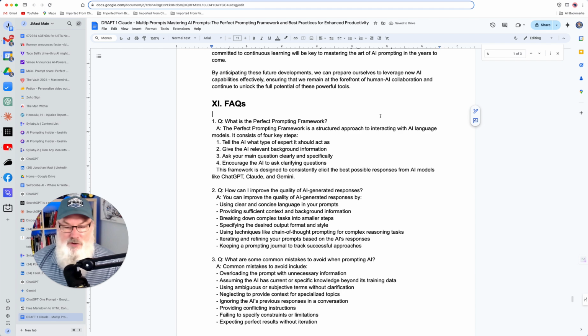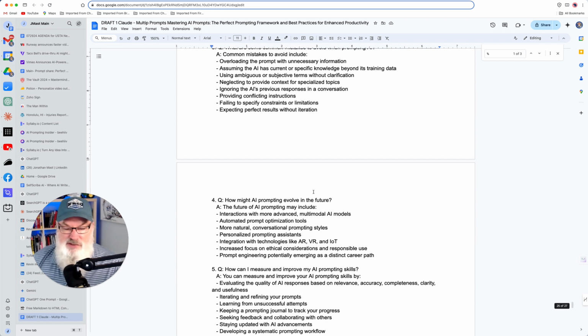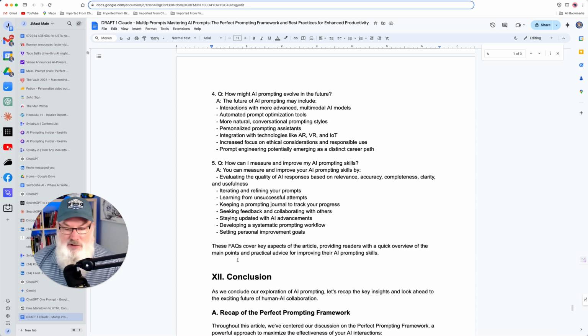What is the perfect prompt framework? I've got that. How do I improve AI generated responses? What are some common mistakes? So overall, this is good. This is a good start. And I'm going to get rid of that because I don't really